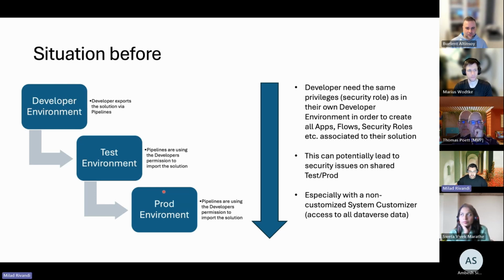This can lead to issues, at least from a security perspective, because let's assume we have a shared prod environment. If developers just use the pipelines as they are, they would have a lot of high permissions which they really wouldn't need in the prod environment, and this can lead to security issues, especially in a shared productive